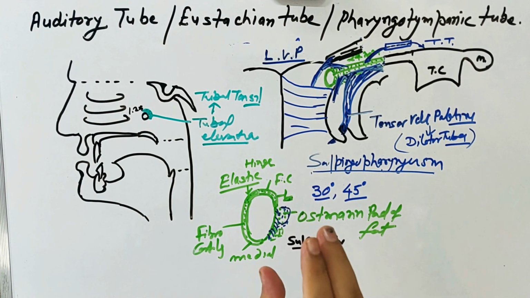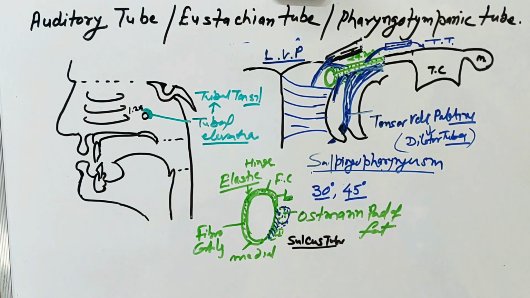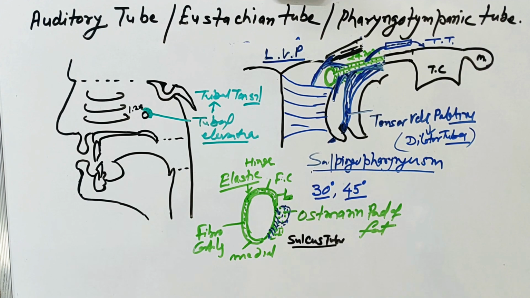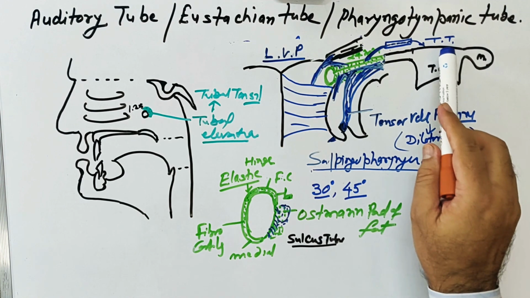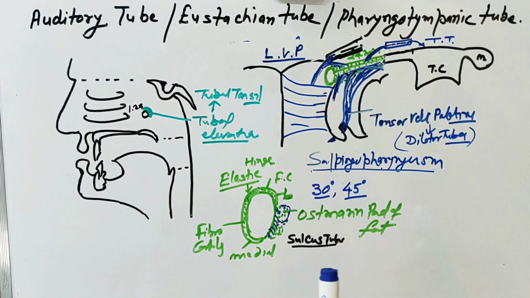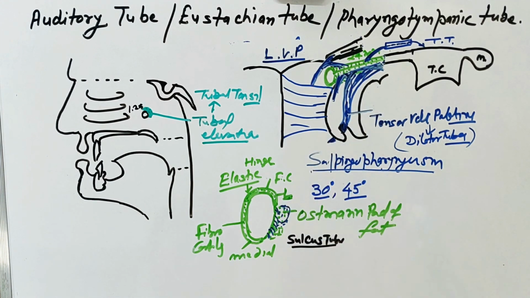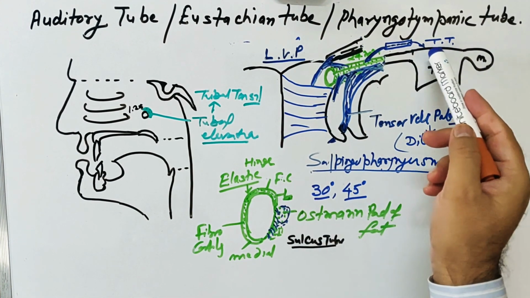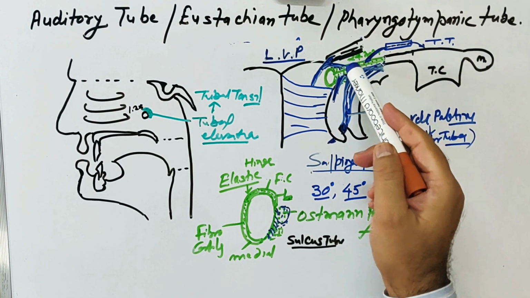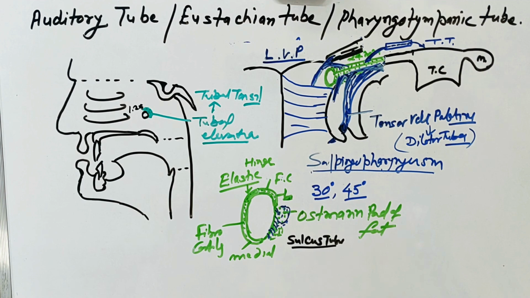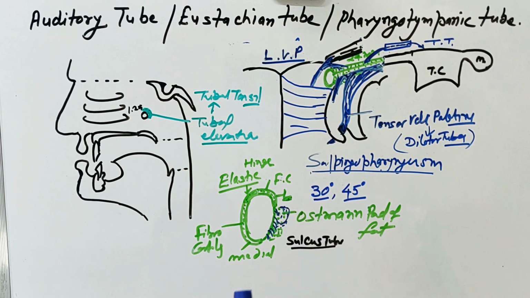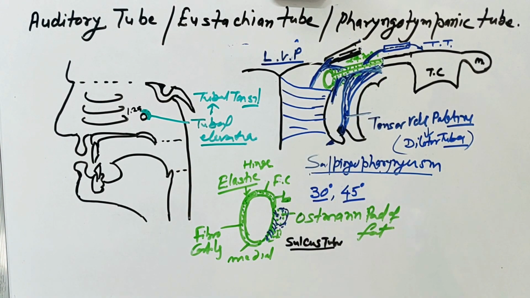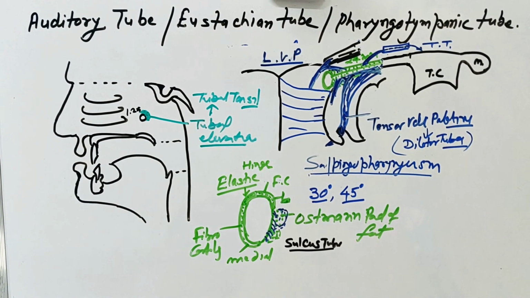And usually this auditory tube is closed. During swallowing, it opens and it helps in equalizing pressure in the middle ear cavity. And in some cases if it is blocked, then sometimes the pressure decreases due to this blockage. So sometimes a tube is inserted through this for dilatation, and this may be helpful.